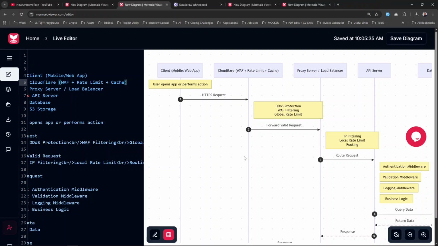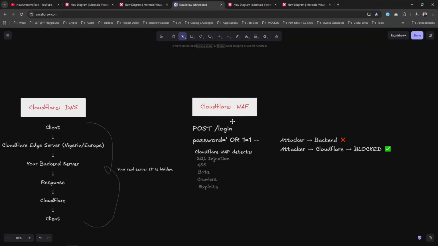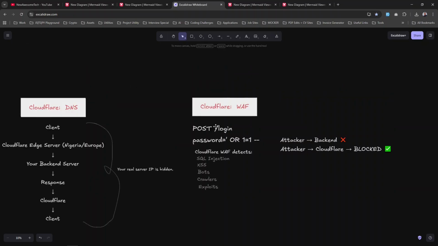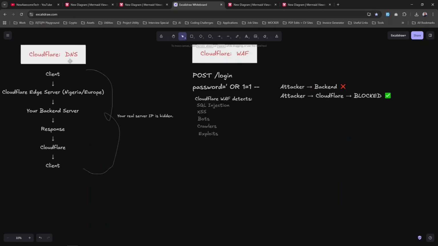Now we see a very different view here. From here, what I've done is explain the different structure with Cloudflare. You can see the first part is when you're dealing with your DNS configuration, and the other one has to do with your WAF protection. So now let's talk about the DNS setting. Once you have Cloudflare integrated into your domain,